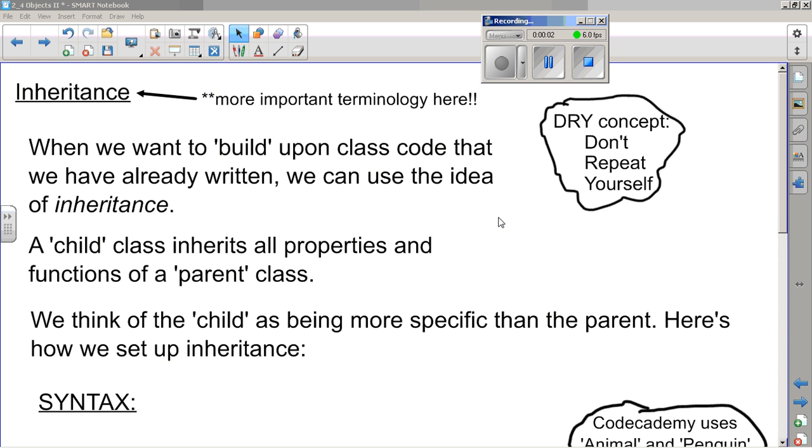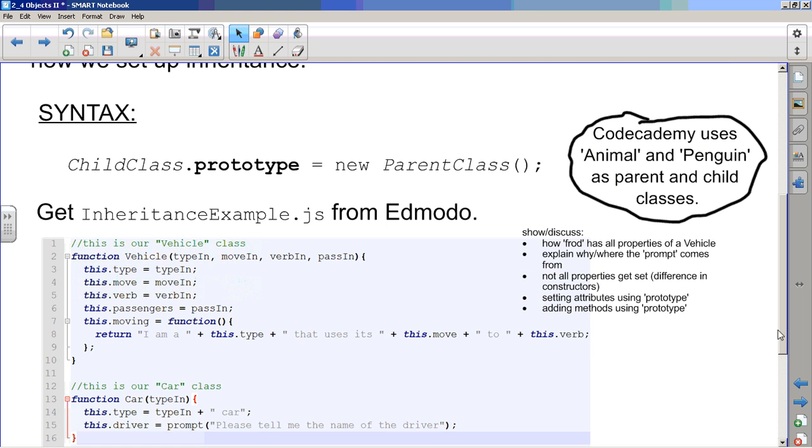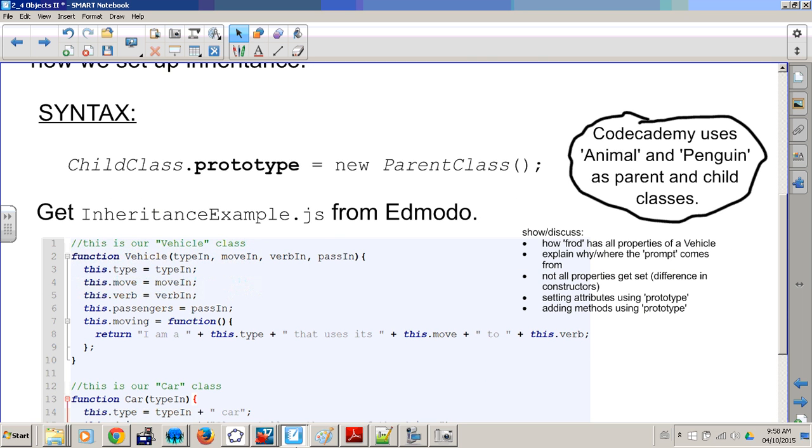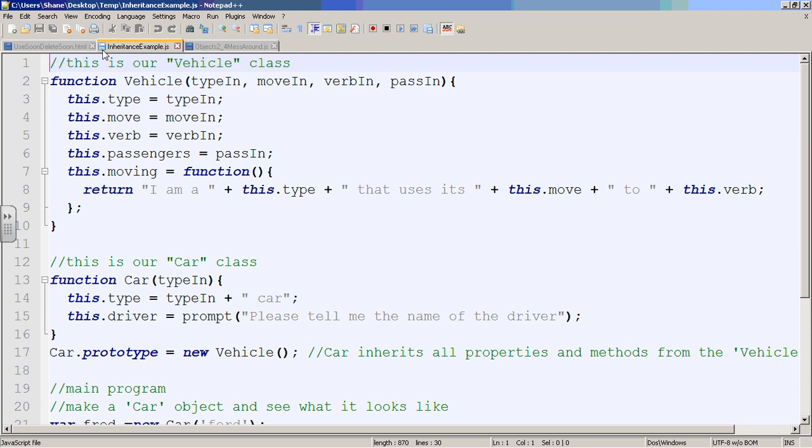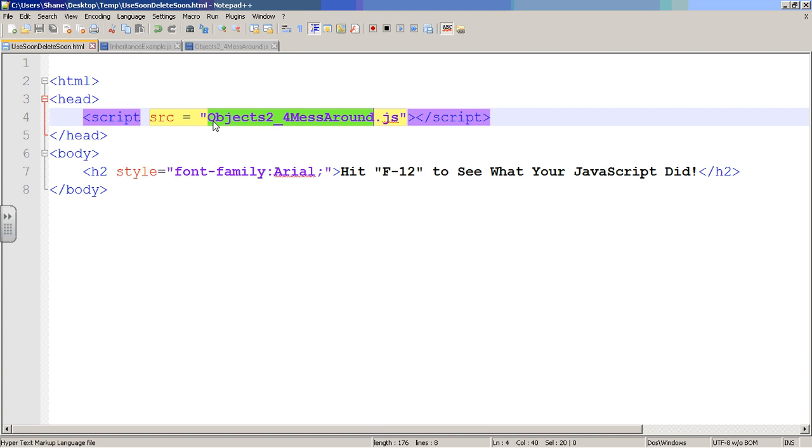Okay, here we go for part 3. Before we get too far into it, make sure you've got this example, the inheritance example. Whatever inheritance is, this is what we're talking about in this part. So I've got it up there. Remember, you need to attach your HTML to that new